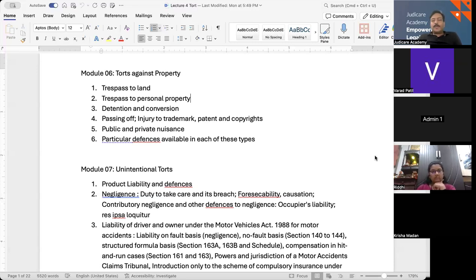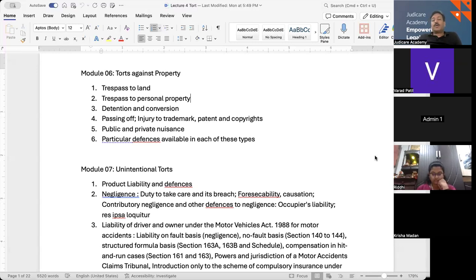If you're doing it in the middle of the night and dancing on the heads of the people, then it is unreasonable. But during the day, morning to evening, it is reasonable for the practice, and the teacher comes and teaches, it is reasonable use. So reasonableness. So two kinds of defenses are there for nuisance. One is that you have yourself come to the nuisance.